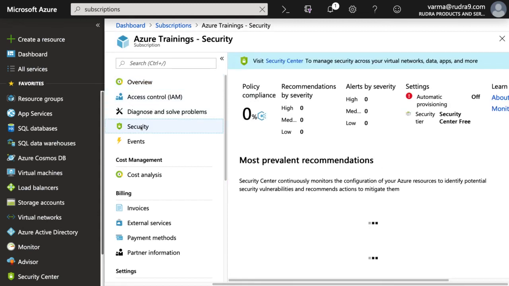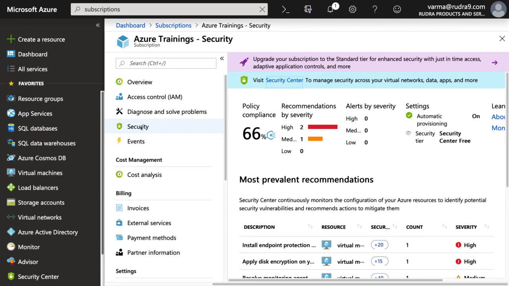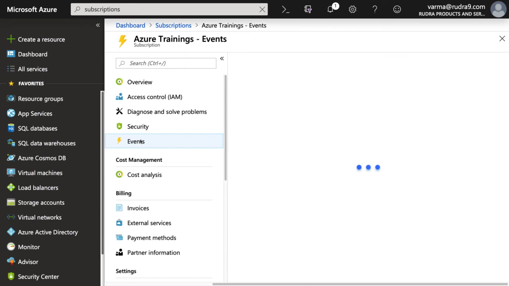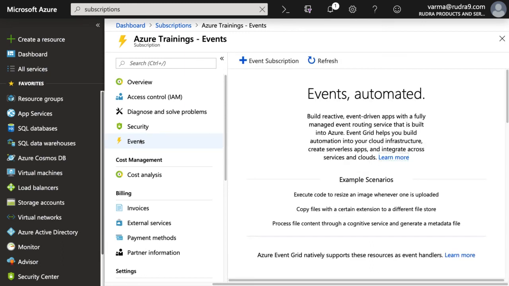And security, basically this information is fetched from the security center. Generally you use security center to monitor the security posture of your solution and take any necessary steps, because security center provides recommendations based on the analysis it carried out on your systems. Okay, but security center, I'll talk it in detail in the Azure security section of this course. Similarly, events, we discussed we can subscribe to events and do something with it. Basically, either you send an email, log it into a blob in a storage account, and so on.